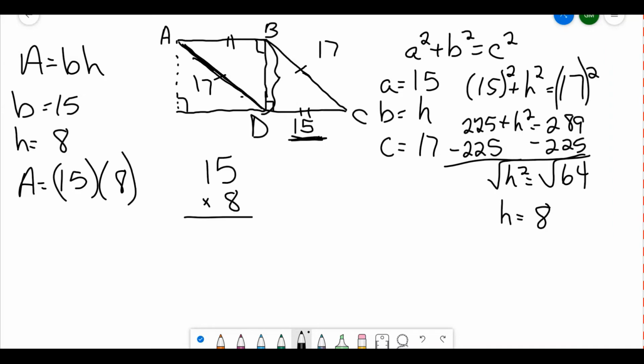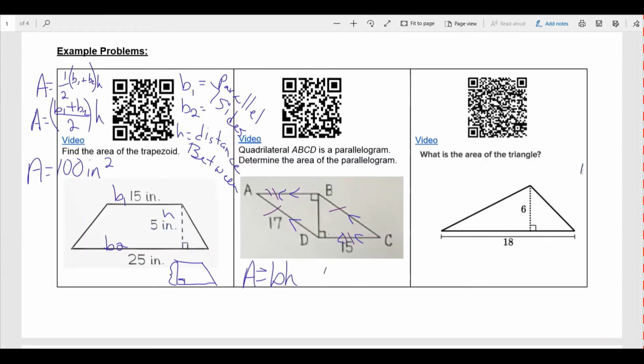times 8. 5 times 8 is 40. Put the 0 down, carry the 4. 8 times 1 is 8, plus 4 is 12. So the area would be 120. And because the units are not given, it's just going to be area is 120 units squared. You don't usually even have to put units squared. Sometimes you'll see that in the answer choice